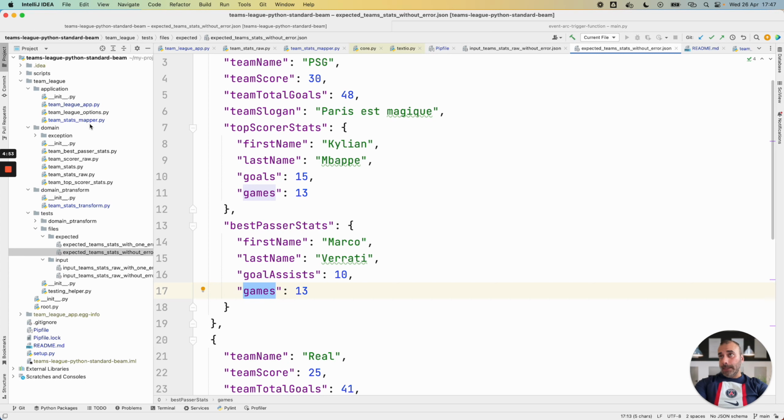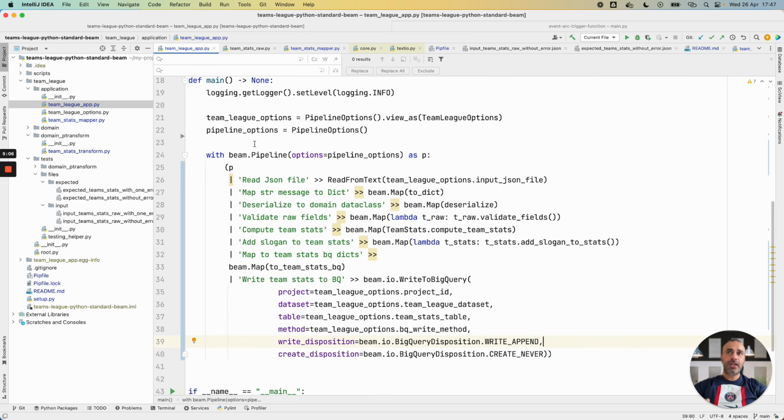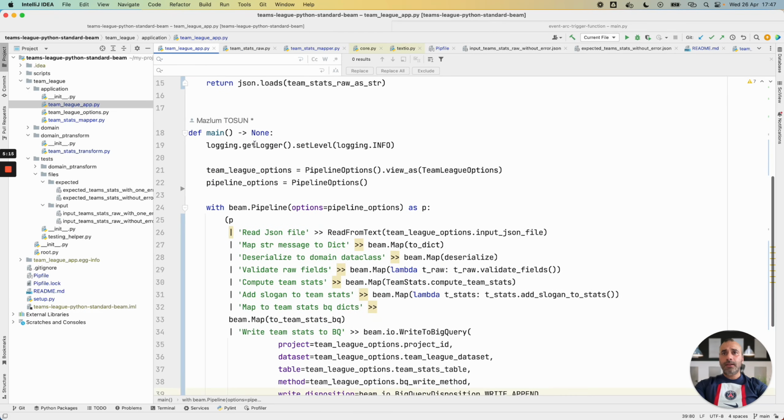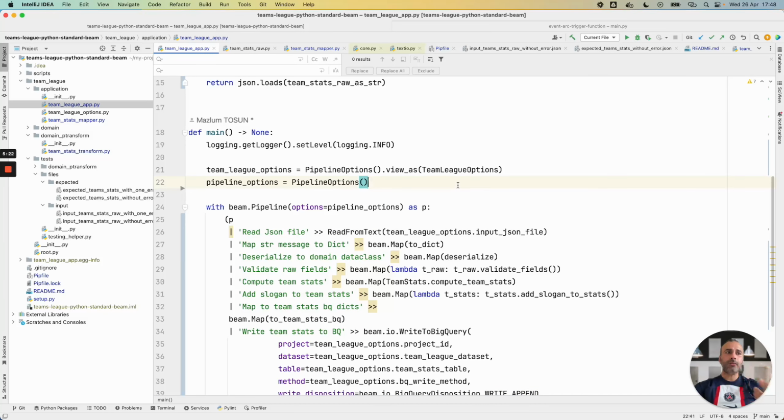Then for the project, I have, for example, a folder called application. In this application, my Beam application is a main.py file, a standard Python application. And with Apache Beam, I can pass some options and arguments to my data pipeline.